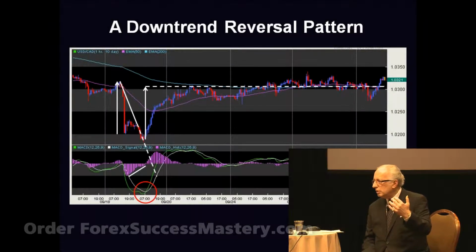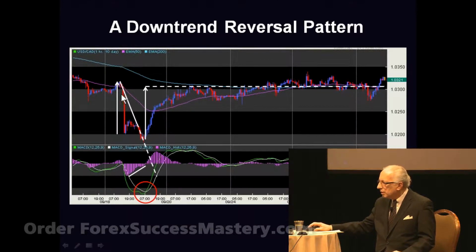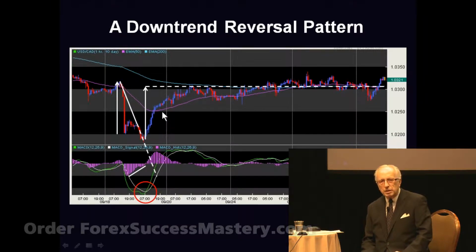So we were led to believe early on, first impression was, hey, the market's going down because of what the moving averages were telling us. So in a situation like this, you don't want to trade until you're convinced that you know what's going on. Okay, so we did. We waited for